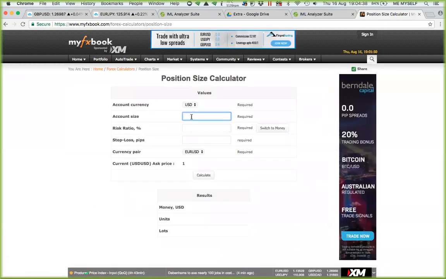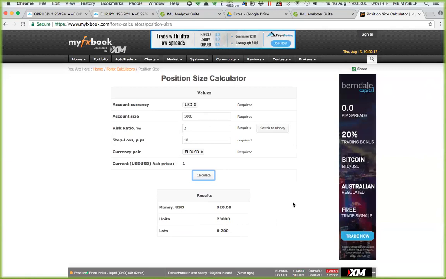So say, for example, I had a 1,000 pound account or dollar account, and I'm risking 2% per trade. Don't risk any more than 2%. My stop loss was 10 pips on this trade. If I hit calculate, that's what my lot sizing should be based on this account size, 0.2,